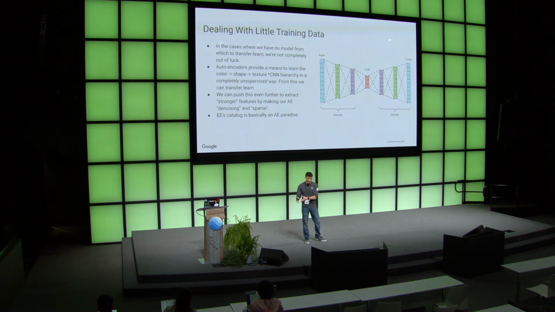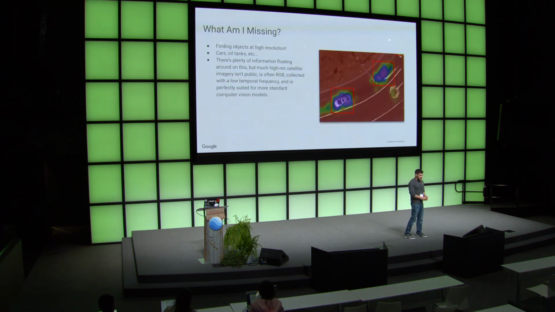Maybe you have some annotations but a lot of labels? Then you might do multitask learning. You might have no labels? Okay, well, I'm going to start with an autoencoder. So we've talked about a bunch of different facets of segmentation as we can do it with a neural network.